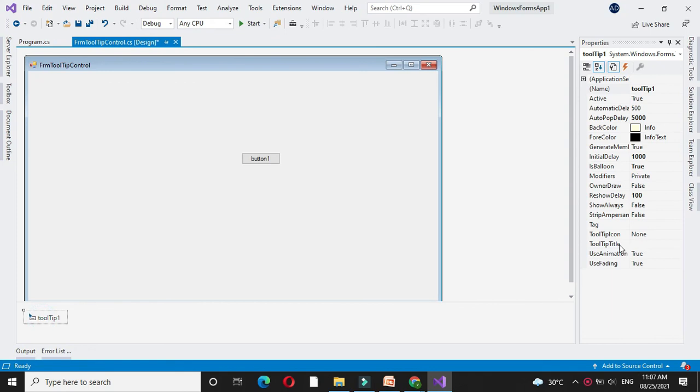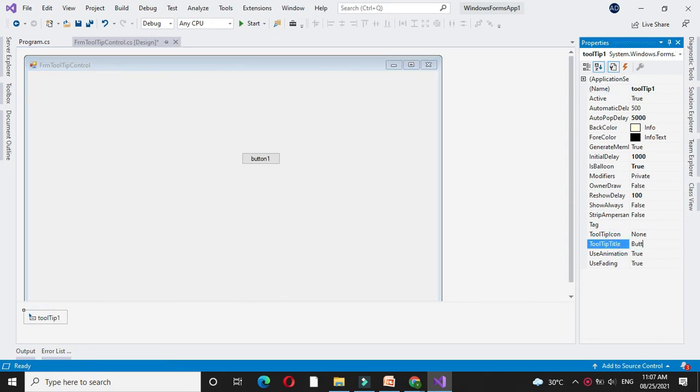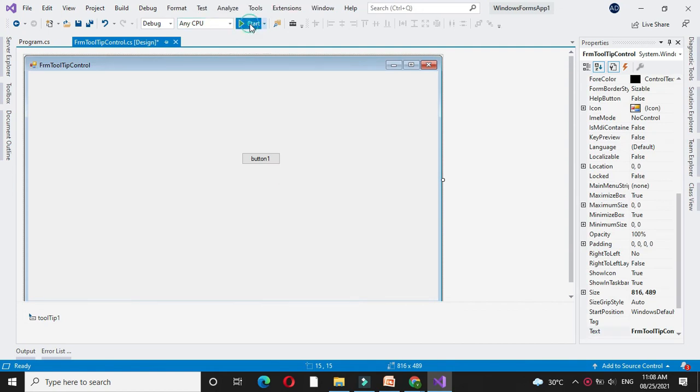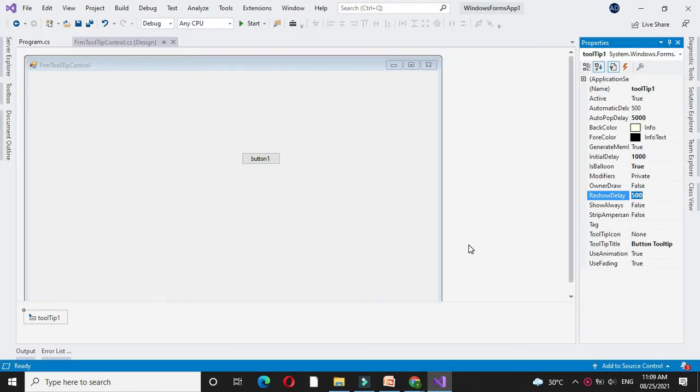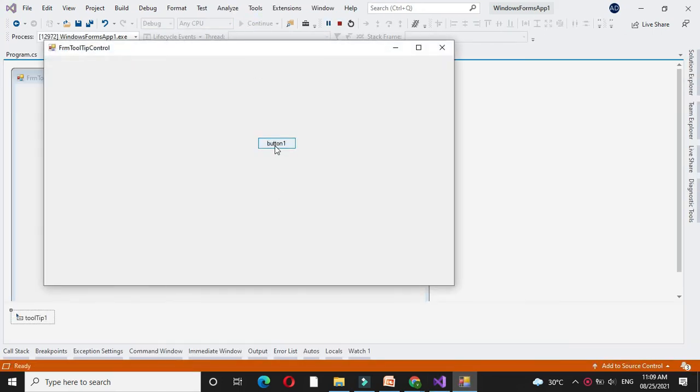If I give a tooltip title and I execute it, it will display the tooltip with the title, button tooltip title. If I set the ReshowDelay to 10 and I execute it, first it will display, then again I hover over it, it will display the tooltip after 10 milliseconds.